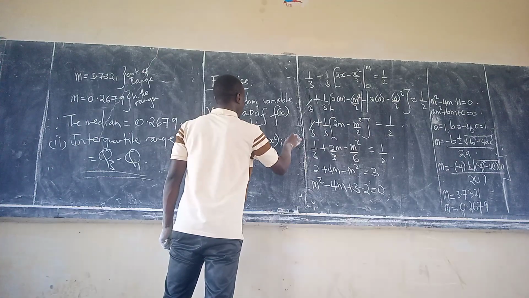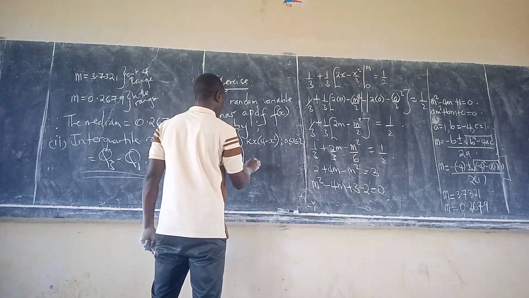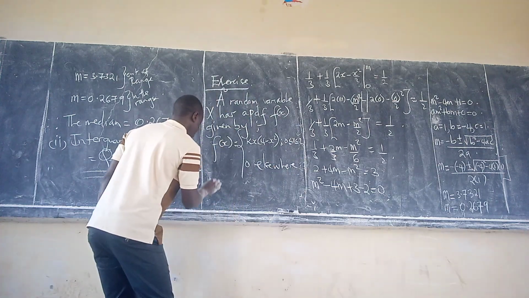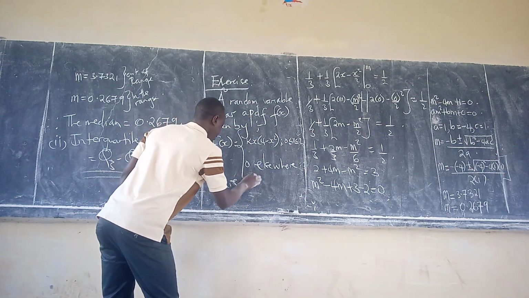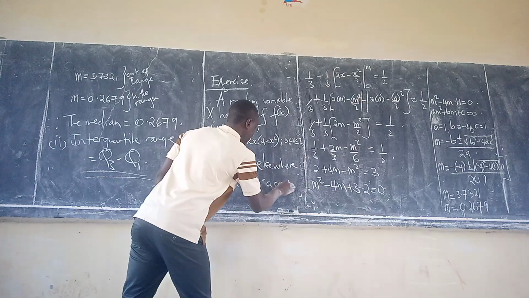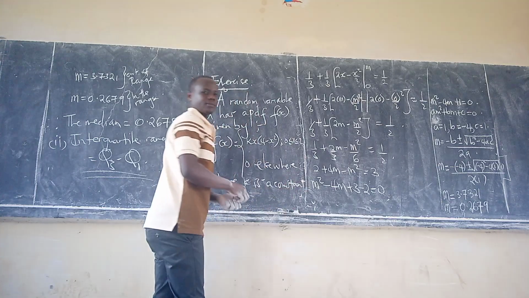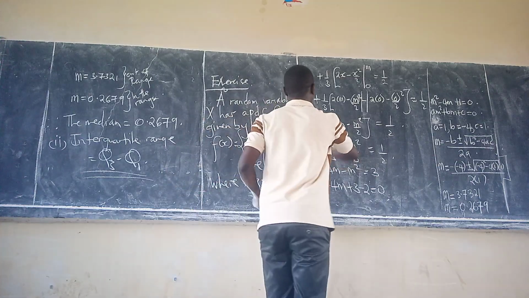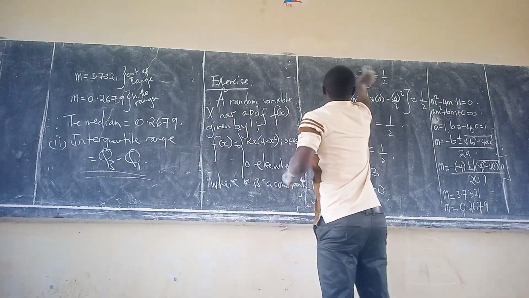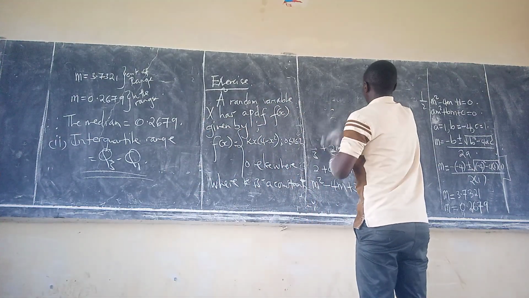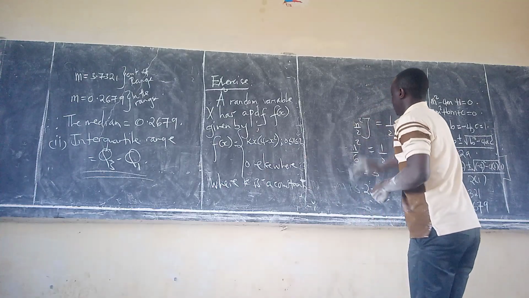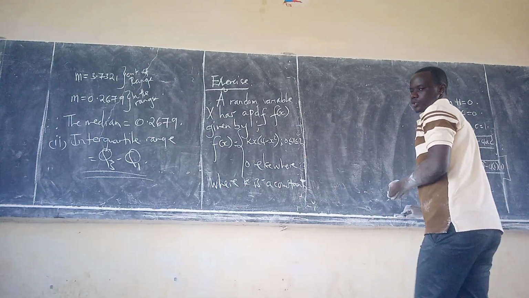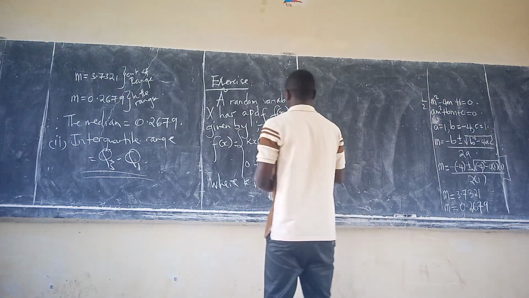That is when x lies between 0 and 2, and it is 0 elsewhere, where k is a constant, and required is